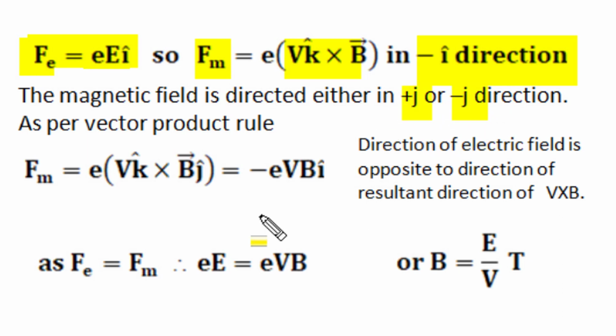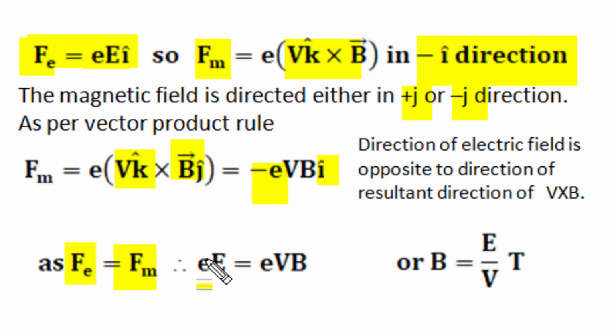And as per the vector product method, the vector product of velocity vector and magnetic flux vector, if need be in minus i direction, then B must be in plus j direction, as the vector product of k cap with j cap is in minus i cap direction. So the magnetic field is in plus y direction, and its magnitude is given by the relation of electric force and